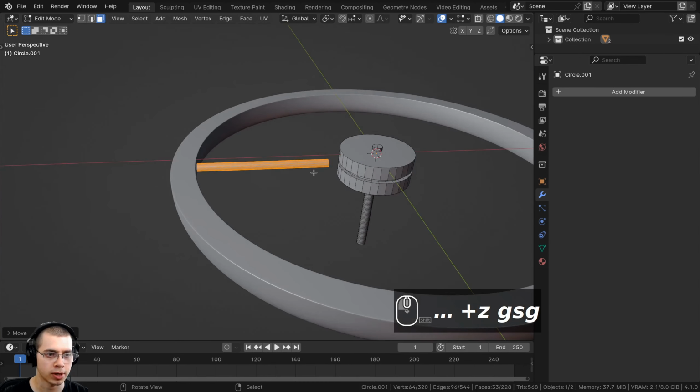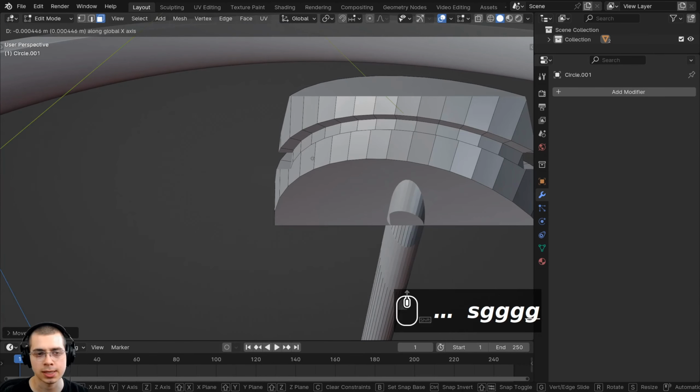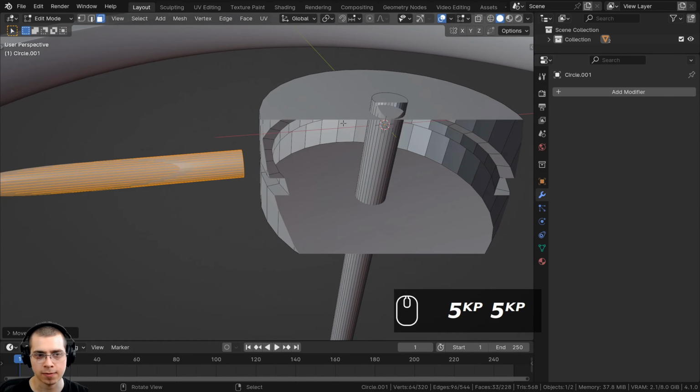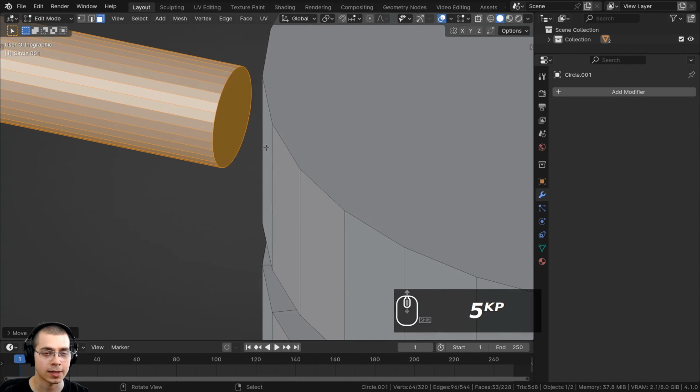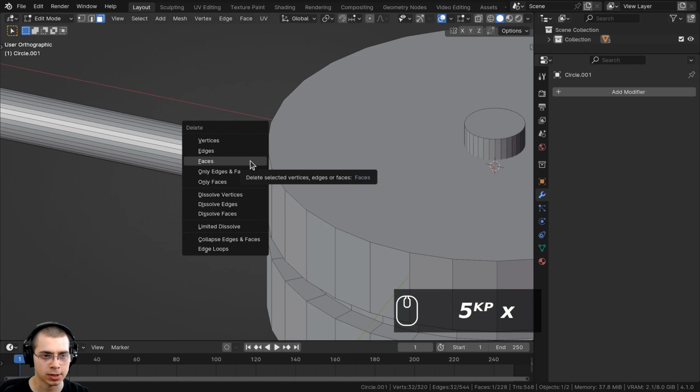But what I want to do is bring the entire thing over a little bit because I want to have a bit of space here because I want to model a detail. You can see if I zoom in here, it's starting to clip the mesh. So if I press 5 on the numpad to go to orthographic view, I can zoom in really close and it won't clip the mesh. So now let's go to the face select, and we'll select this face, and I'll press X to delete, and we'll just delete the faces.